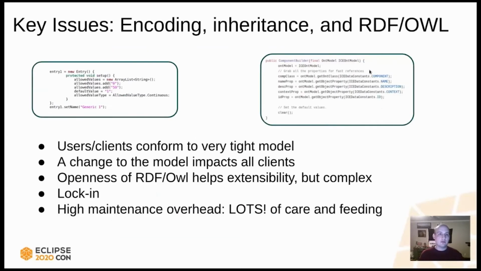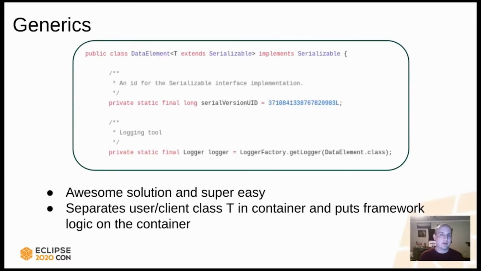Now, the problem with this is that users have to conform to these very tight models. A change in the model impacts all the clients, and there's lots and lots of maintenance. So that wasn't ideal. We did that for about 8 years, and it's really quite painful. We wanted something better. So the next solution that we tried after RDF and OWL,